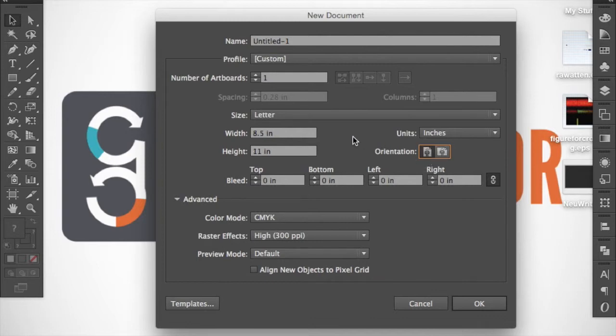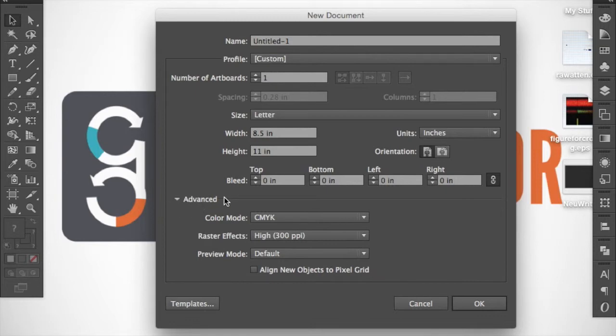So I'm just going to go ahead and set it for, and you can see these numbers were switching, 8.5 by 11 on the width and the height. So I'm going to go ahead and set it for portrait. We don't really need to worry about bleed because I'm assuming that we're all working on images that are going to be printed within the margins of a page size. And then down here in this advanced box, I don't know if yours defaulted to having it open, but